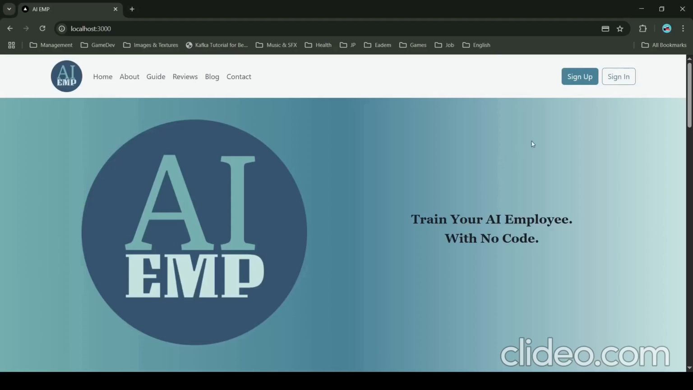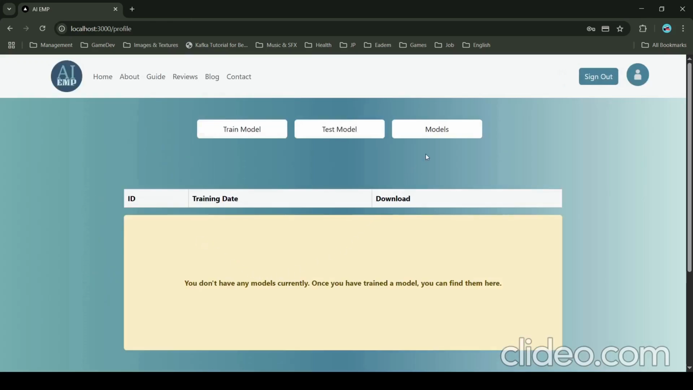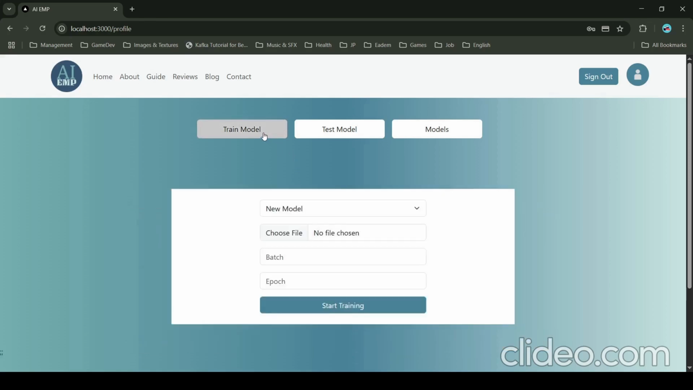I made this application called EMP, which is a platform that anyone can use to train an AI model with their own datasets. There is no requirement of technical skills, programming, or even AI-related stuff. All you need to do is to upload your dataset and then train the model, test it, and